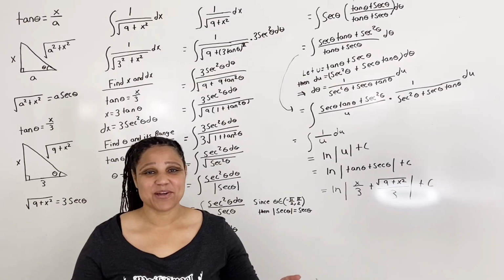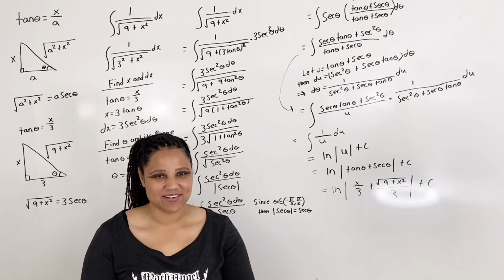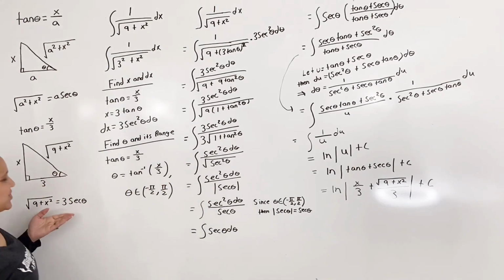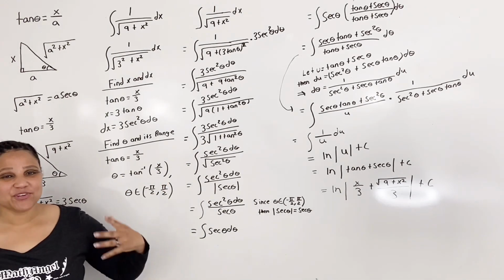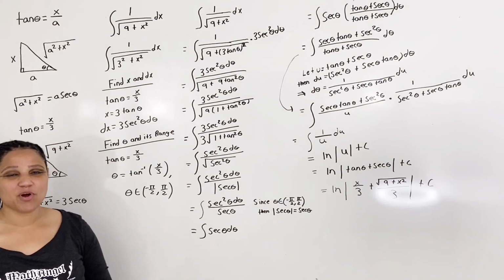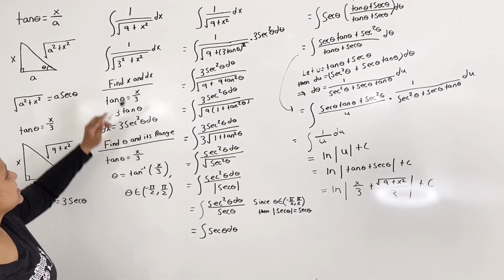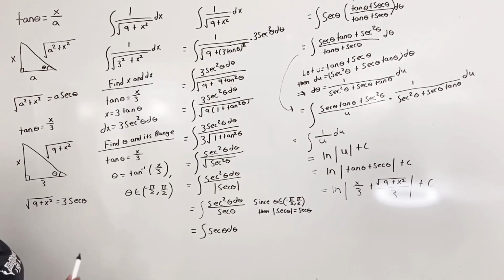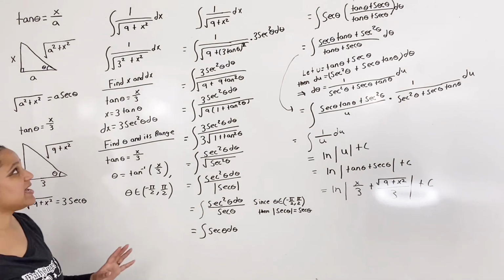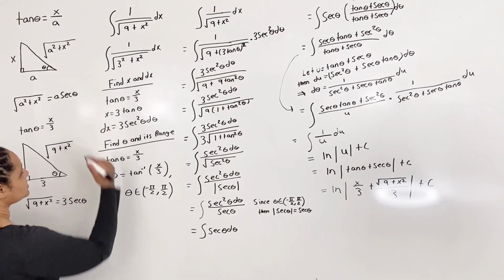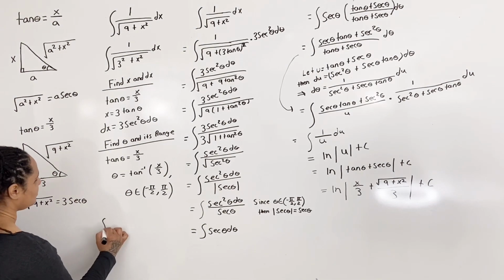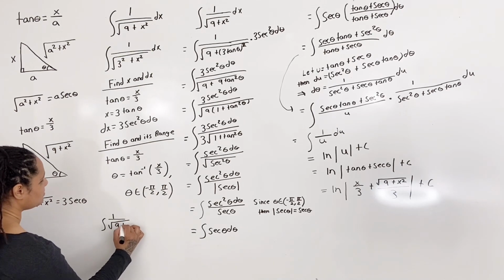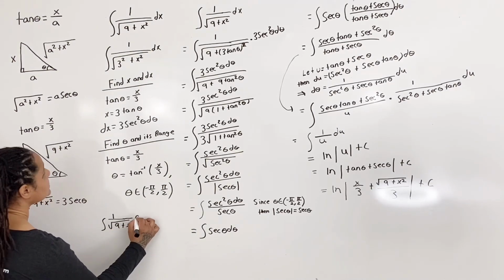Now let us talk about that shortcut I was telling you about. Notice this equation right here. If you're given a problem and part of that problem has the square root of a squared plus x squared, you can use this equation to skip a lot of steps. For example, if I started here, with the integral of 1 over the square root of 9 plus x squared dx,